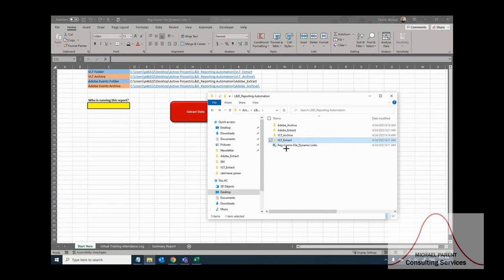And then what this program is going to do is it's going to open each file in the extract, take that information, match it up to the other file, and then move it into the archive, which we see there's nothing in there right now. So real quick, if I hit this,